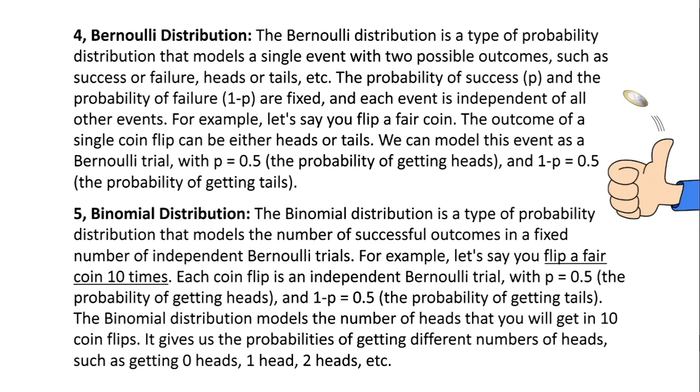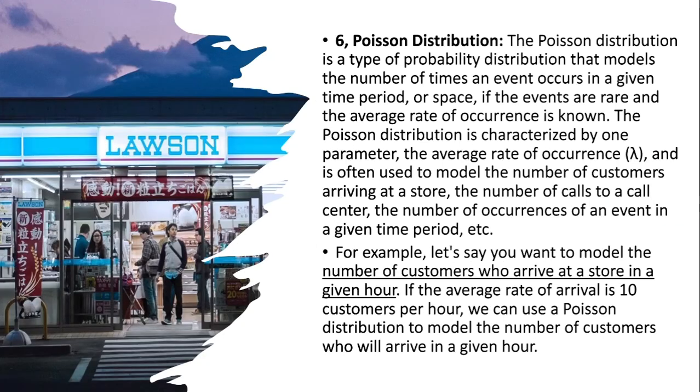The binomial distribution models the number of heads that you will get in 10 coin flips. It gives us the probabilities of getting different numbers of heads, such as getting 0 heads, 1 head, 2 heads, etc. Poisson distribution. The Poisson distribution is a type of probability distribution that models the number of times an event